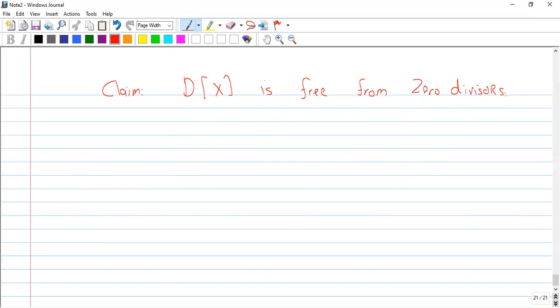तो मैं आपको बता दूं कि अगर मैं D[x] में से दो एलिमेंट ले लेता हूं, उनको मल्टीप्लाई करता हूं और जीरो आंसर आ जाए, तो एक जरूर जीरो होना चाहिए। या एक को आप नॉन जीरो अज्यूम करके दूसरे को जीरो प्रूफ करने की कोशिश करें। दो एलिमेंट का प्रोडक्ट जीरो लें, एक एलिमेंट को नॉन जीरो अज्यूम करें और फिर सेकंड एलिमेंट को जीरो प्रूफ करने की कोशिश करें।